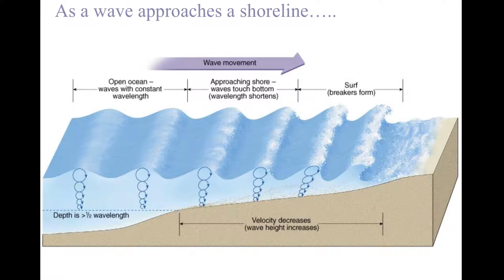And so this is showing a wave approaching the shore. You start off in the open ocean, so you've got waves with a constant wavelength just flowing. You've got the particles moving. And you see below on the lower left, depth is greater than 1/2 wavelength. Now what does that mean? So there's sort of a